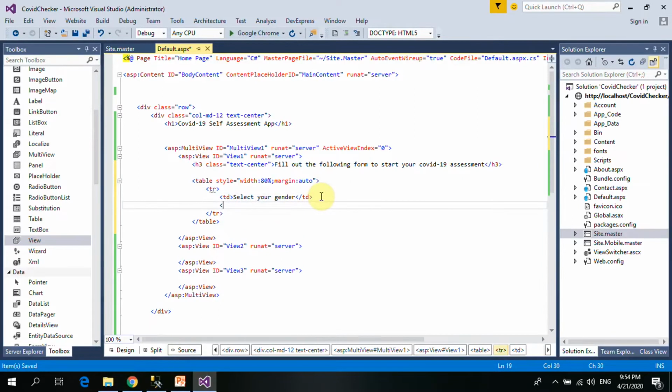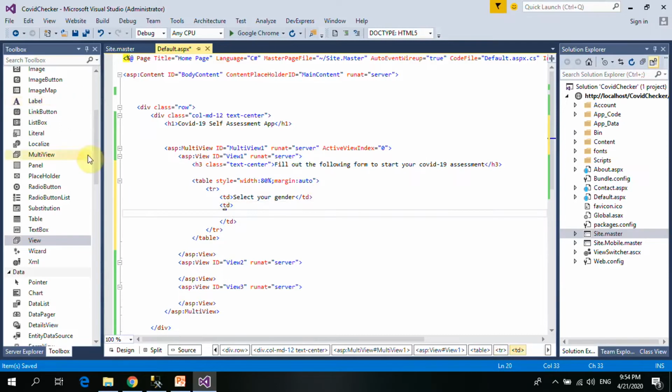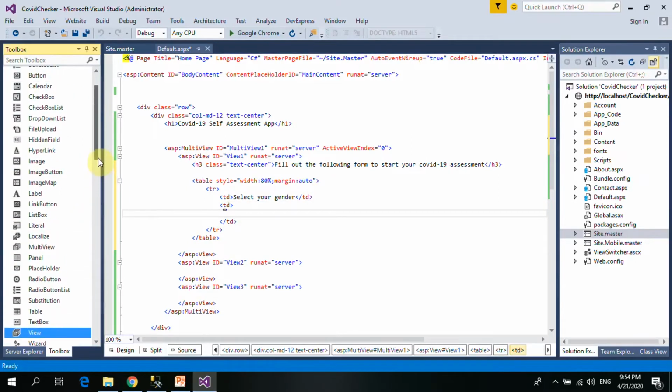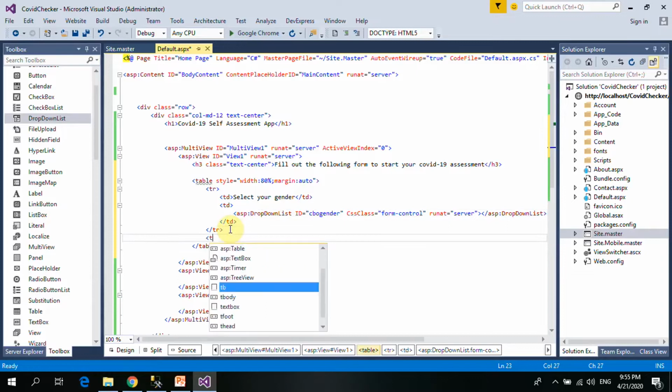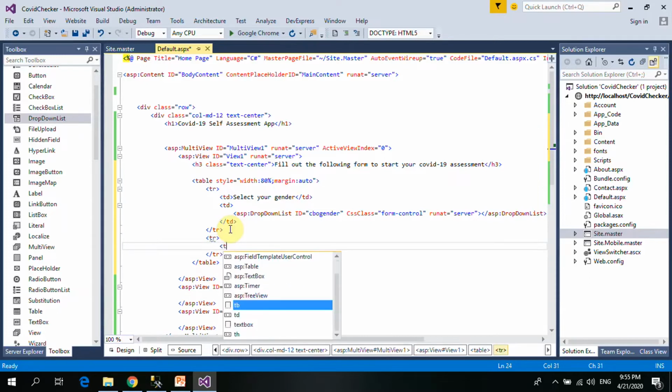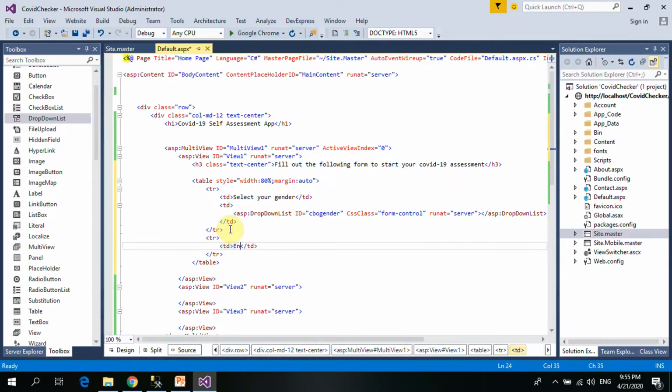and then we're going to drop in our drop down control, drop down list. So we're going to dump that there, and then I can call these CBO gender, that's combo box gender. Usually like to use the word combo box. And then I can say class, CSS class should be form control. So the next one is tr, td